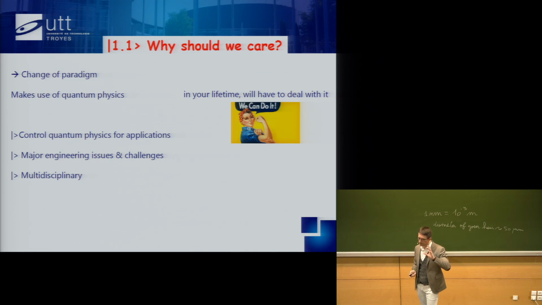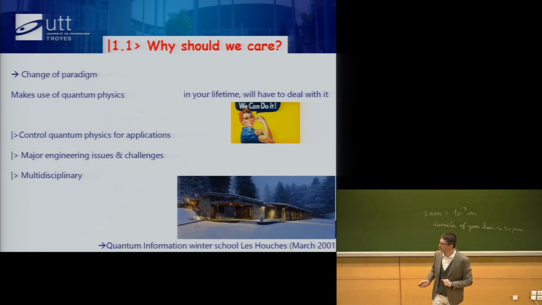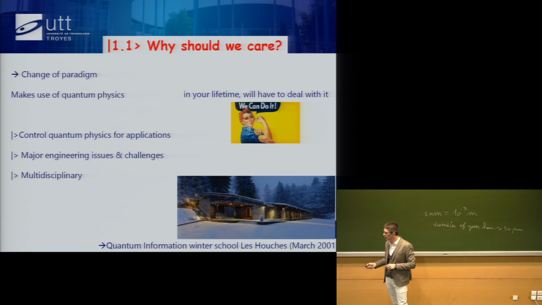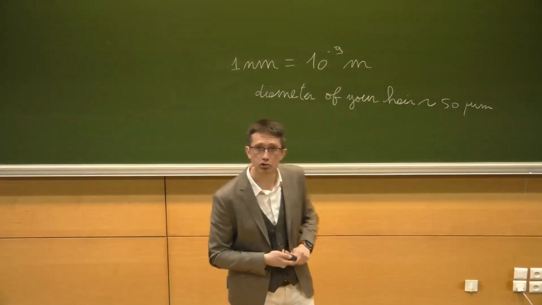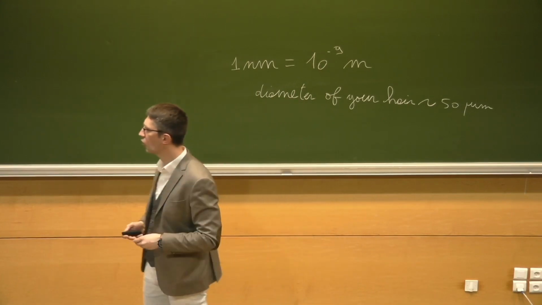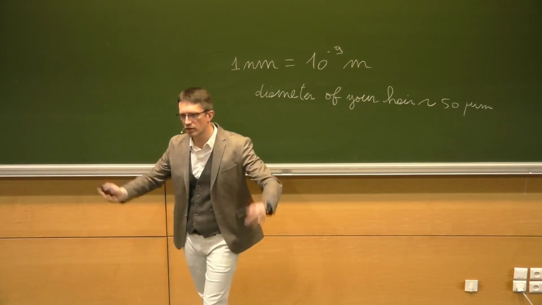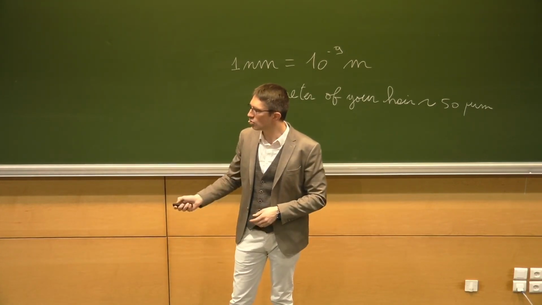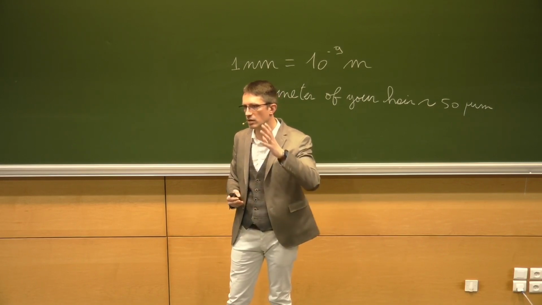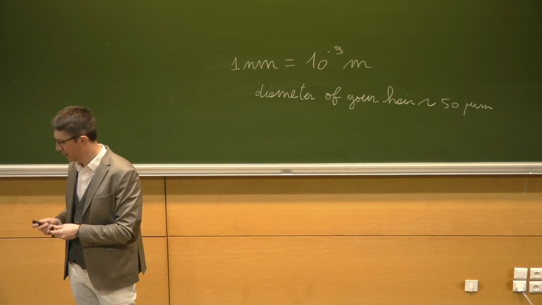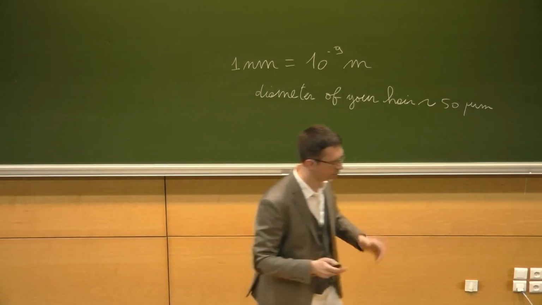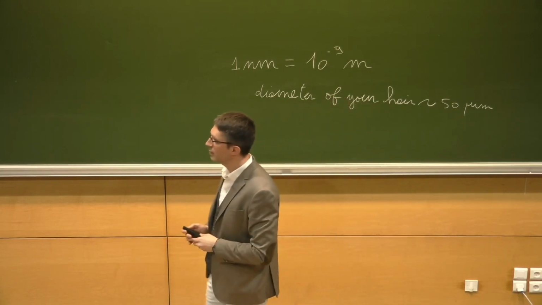And another aspect that only the oldies like me in the field remember, and that seems to be the trend now, is that this is one of the great examples I find that is fully multidisciplinary. So back in 2001, I attended a winter school in Les Houches. It's a famous site for scientific schools. It's in the Alps. It's a small village, and it's a retreat, basically, and you go there, and I was a master's student at the time, and I followed courses on quantum information. Like I said, at the time it wasn't called quantum technologies, it was called quantum information. So apart from the fact that food was great and that the view was nice, because you could see the Mont Blanc from basically your window,